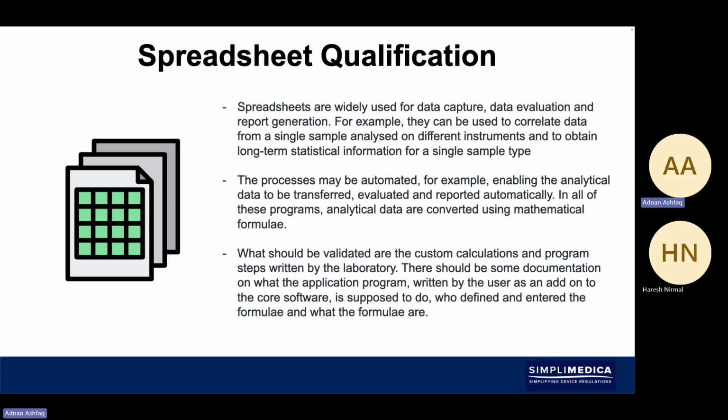So spreadsheets need to be validated in just the same way as software, especially if you've got complex code in a spreadsheet which is automating something. If you have some calculations which are used even for lab testing, you need to make a call and a decision based on risk